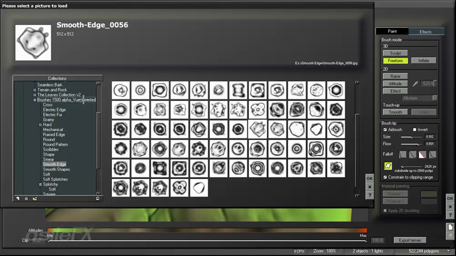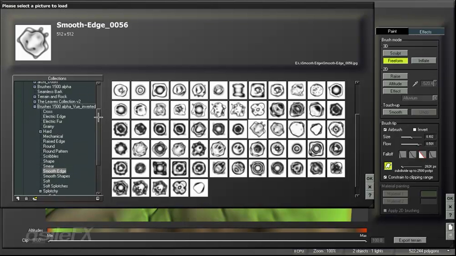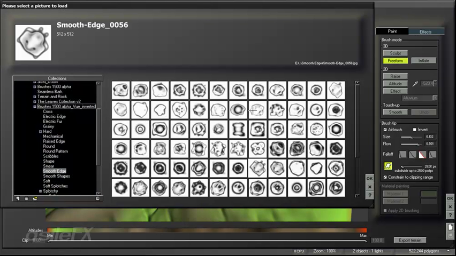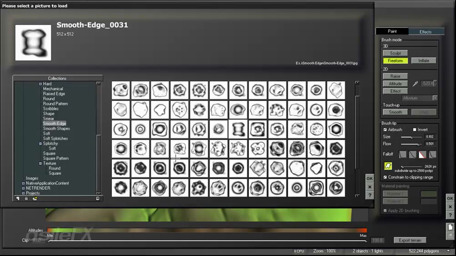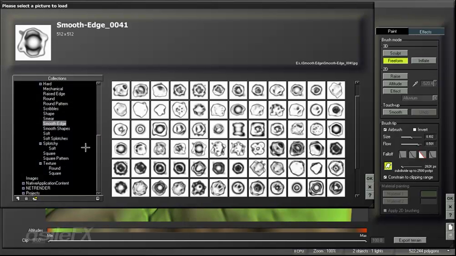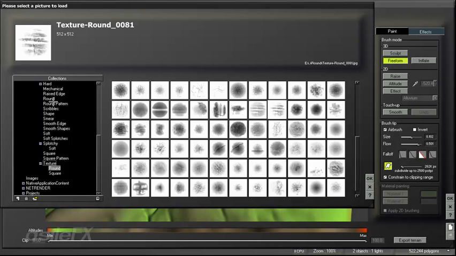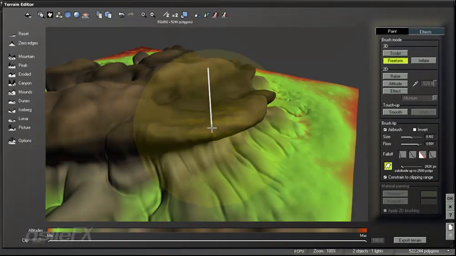What I've done is take the 1500 alpha brush collection from XyleFX and took the JPEG versions and inverted them, and then kept the PSD files the same, because those PSD files will not work within the terrain editor, so you do have to use the JPEGs, but it's usually more than enough to be able to get the detail you need. So I'm just going to select a brush and load it in,